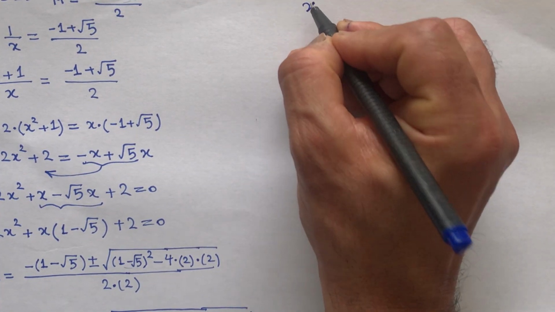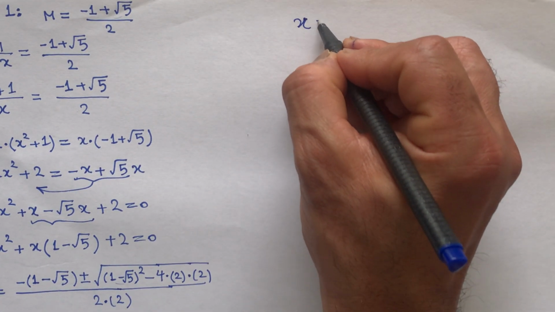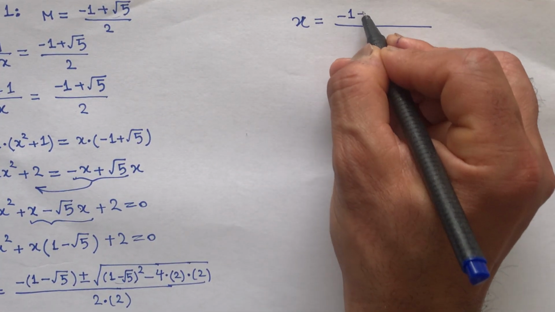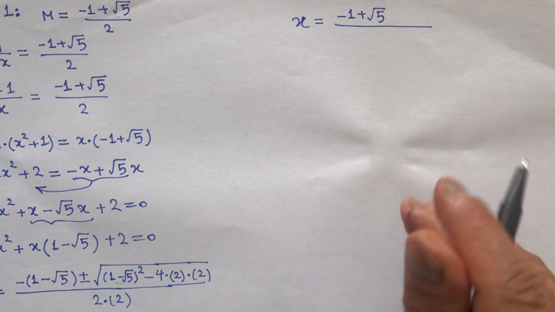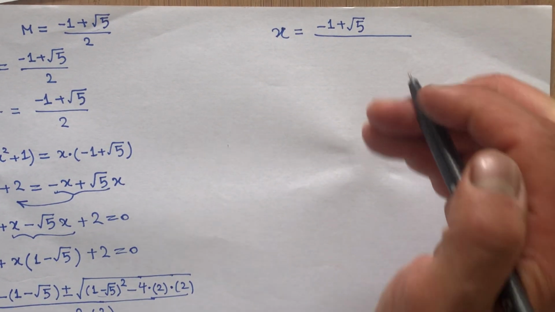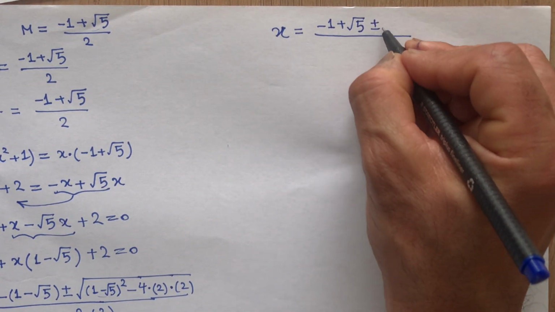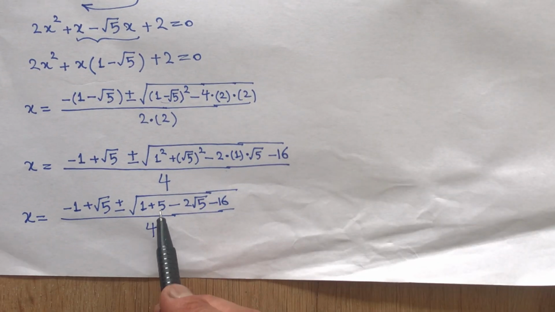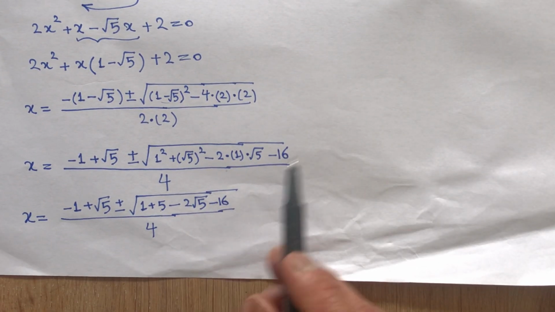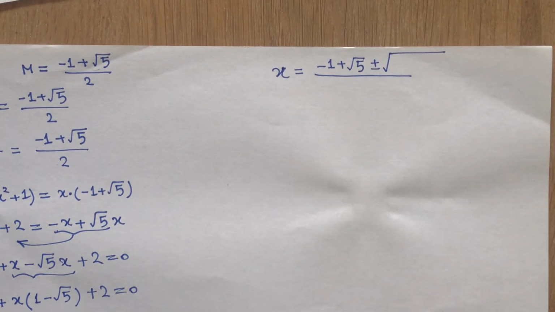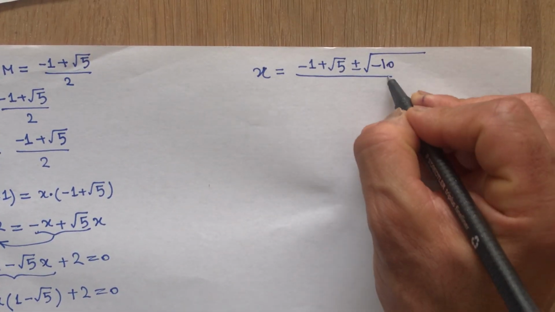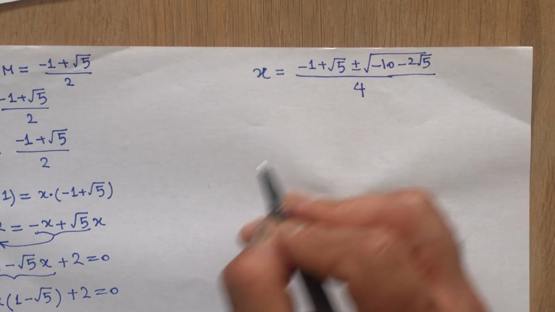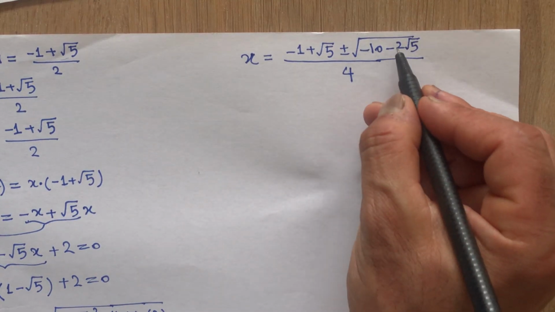X is equal to minus 1 plus square root of 5, then plus minus, then you can see here 1 plus 5 is 6, minus 16 is minus 10. So minus 10 minus 2 square root of 5 over 4. And here,